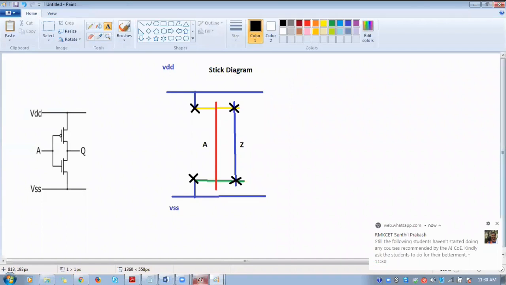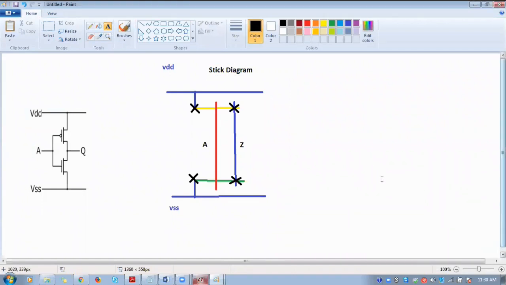So I will show how to design a stick diagram for a NAND gate also, 2-input NAND gate. So you need to have initially supply rail, ground rail.